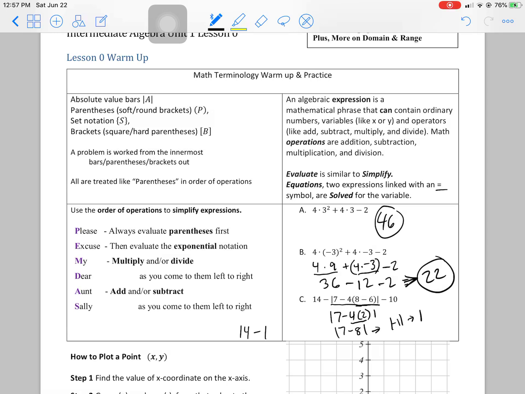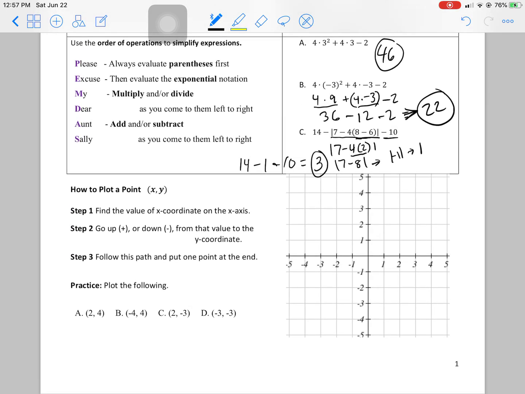All that's taken care of. All that equals the 1, and then minus 10. So that comes out to a 3. All right. So the other thing we wanted to warm up on is remembering how to plot a